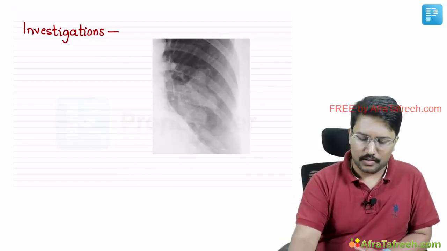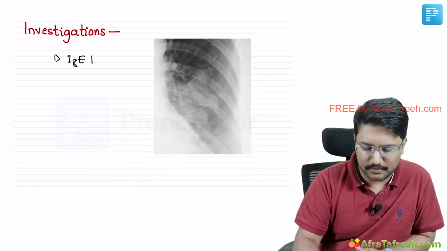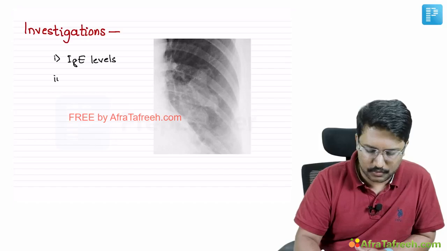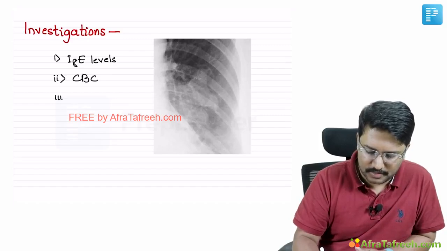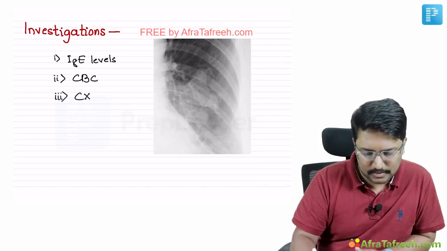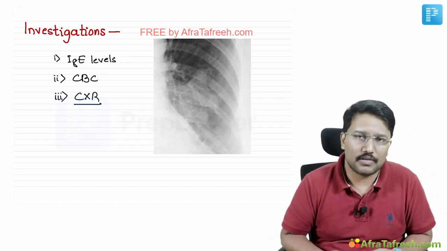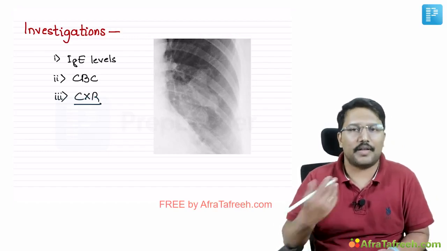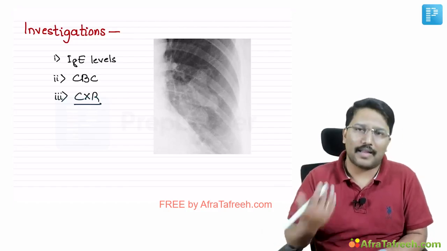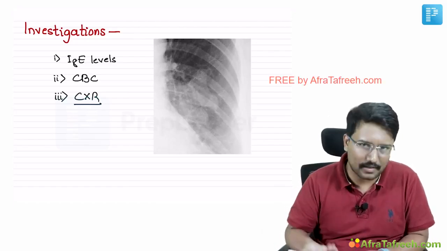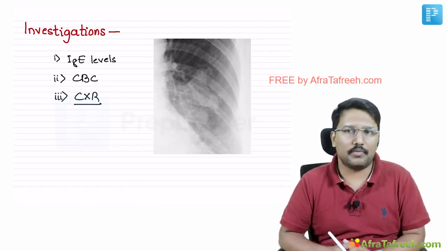Okay. Now, what are the investigations that we need to do? Number one, serum IgE levels. Then we need to do a complete blood count to basically look for the presence or absence of eosinophils. And number three, we might need to do a chest X-ray, right? Chest imaging is important because ABPA is not the only diagnosis when you think of difficulty to treat asthma. There are various possibilities. Most common possibility being obviously the compliance to medications or faulty device technique. And apart from that, certain underlying infections or recurrent infections as cause for poor control. So you will also end up doing the chest X-ray. These are the bare minimum things we need, right?